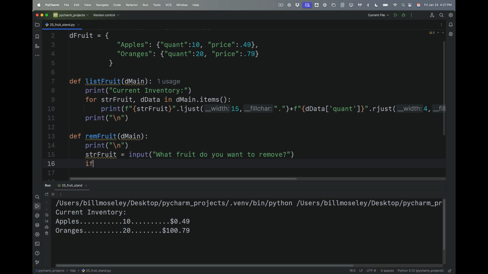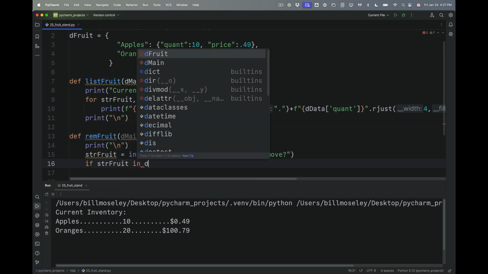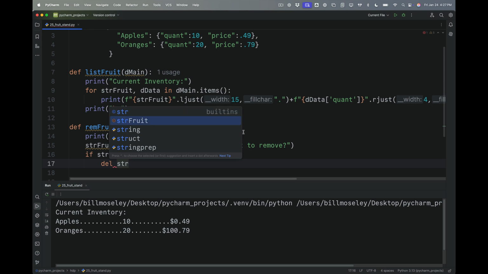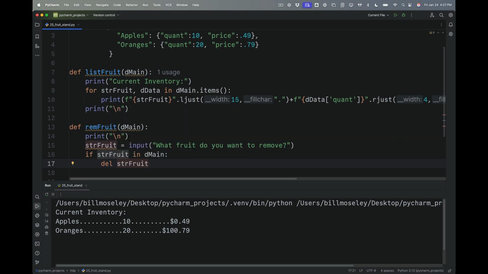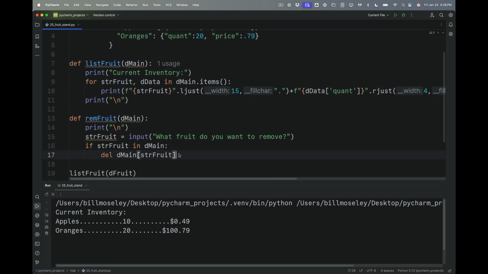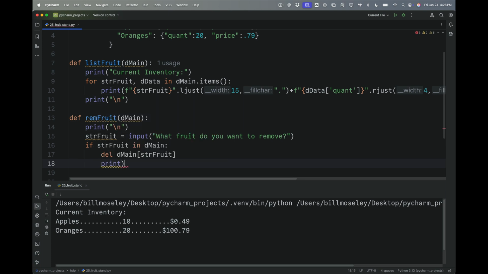And then we say if str_fruit in the main, then we are going to delete the main bracket str_fruit, because remember it's an entry and there we're looking for those keys right there. So we're going to delete that if it's in there, and then we'll print